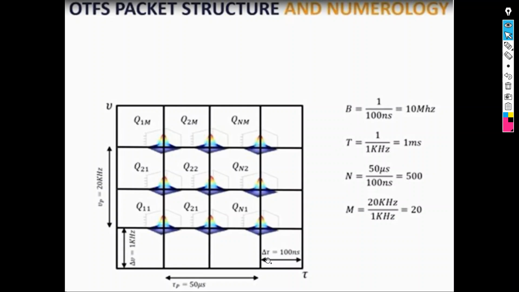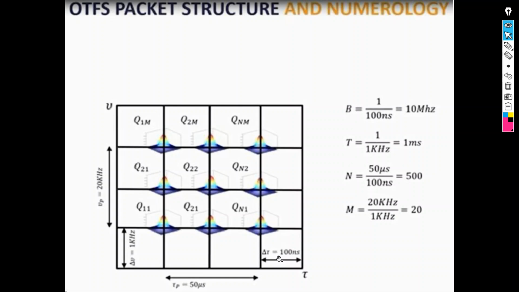So from the delay period you can get the bandwidth, which is 1 over 100 nanosecond, so you get a bandwidth of 10 megahertz. From the Doppler period delta V, you get the duration of your transmission, the TTI, 1 millisecond, which is 1 over 1K. And to get the number of symbols you can transmit,